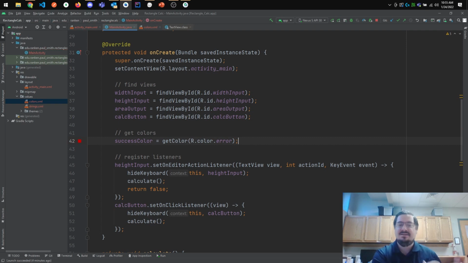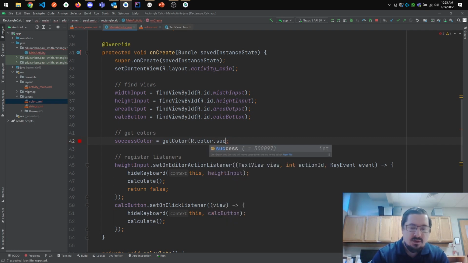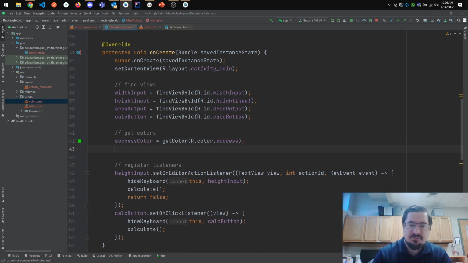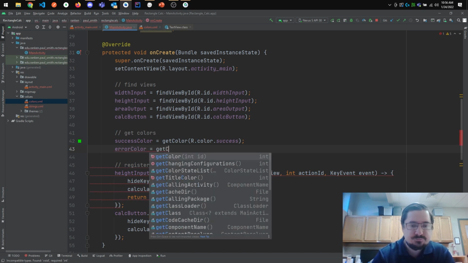So that's the ID, or actually success. This is the ID of that color, but it's going to return the actual color code. So that getColor call in the middle is doing some translation and looking things up in our resources. Next up, I want the error color, getColor,